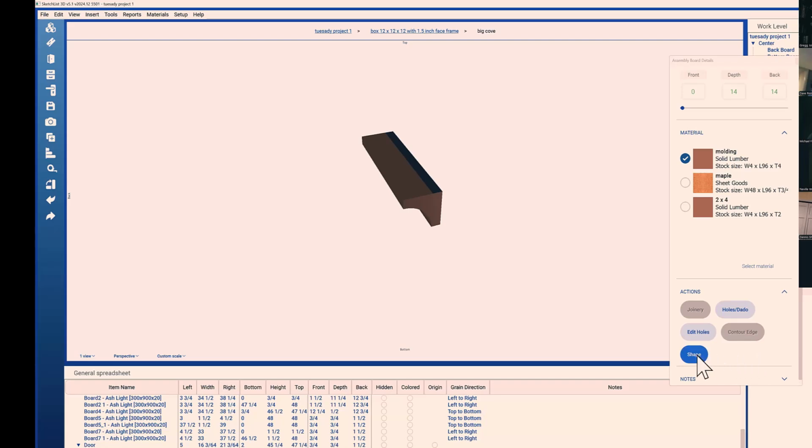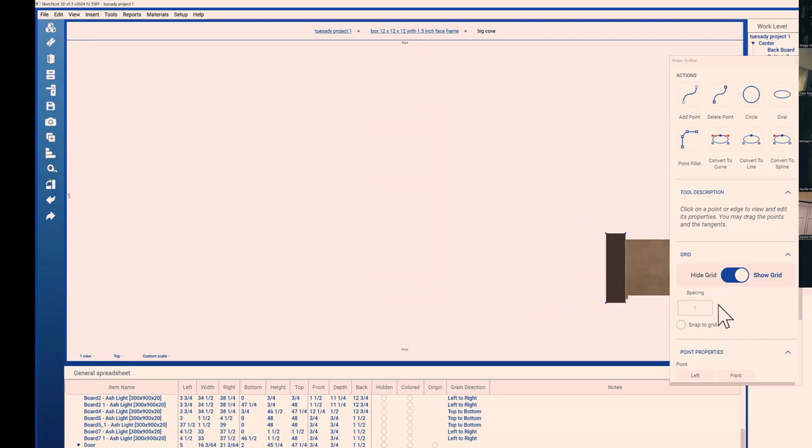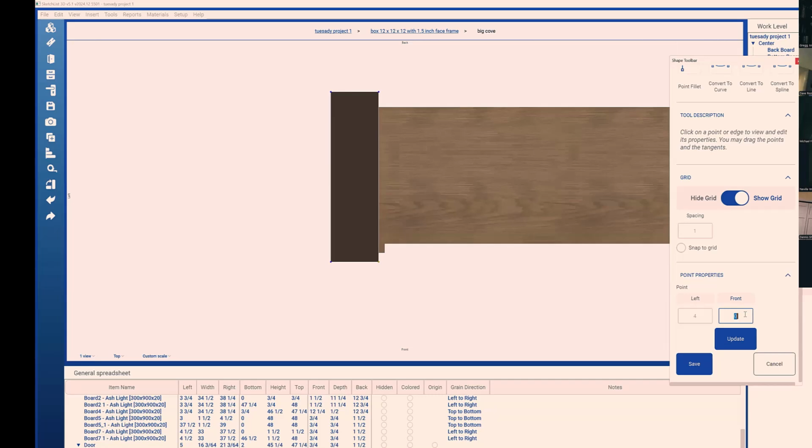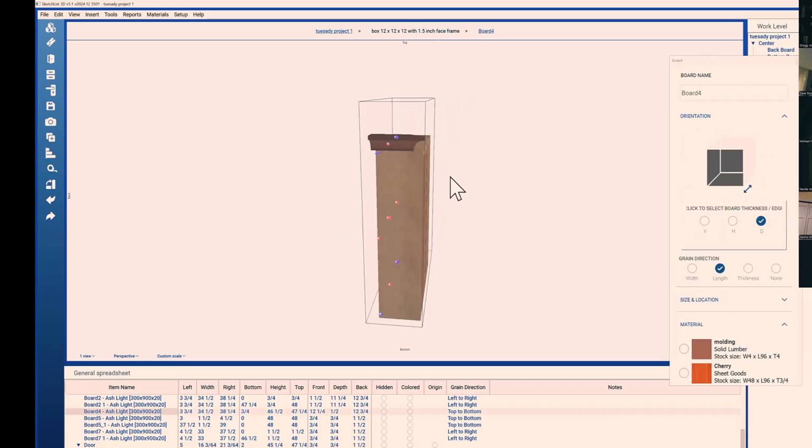Now, if I say I want to shape that, and so it's 4 inches deep, so I take the select point here, select that point, and say that's 4 inches from the front, update and save, and you see, guess what? Ta-da! I have a 45-degree cut. Now, I got a little sloppy there, and I'm in a hurry, but you could see that you could do the other boards that way if you want. Yeah, now I got to go back and